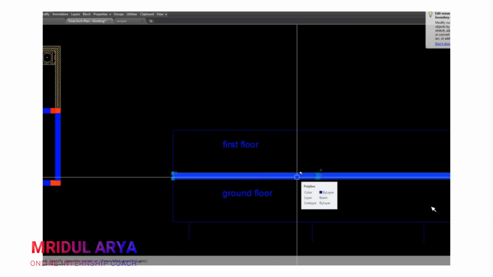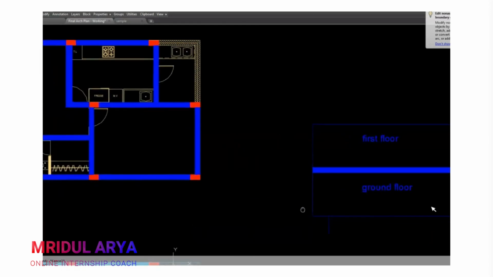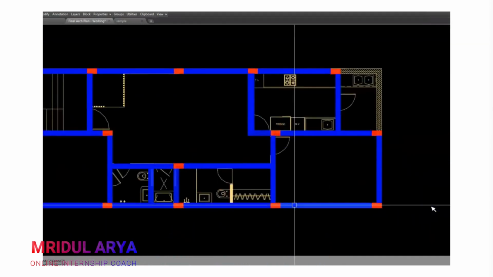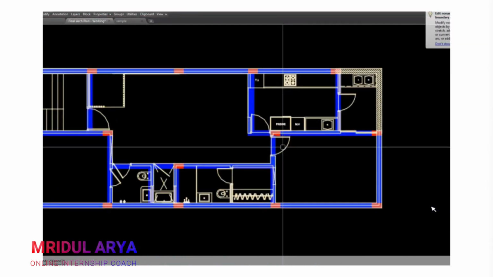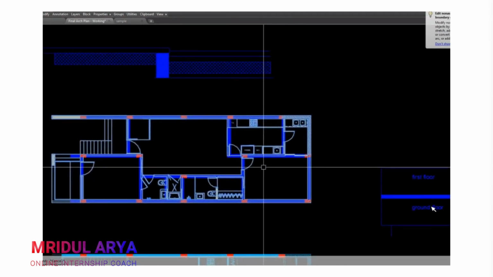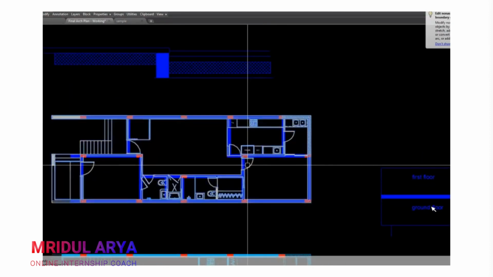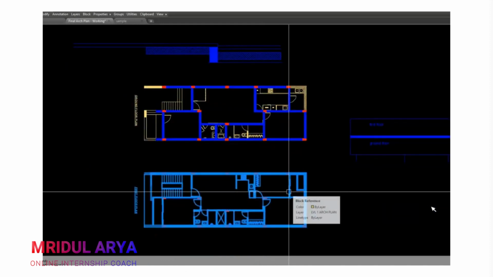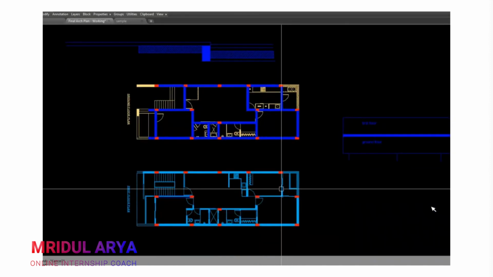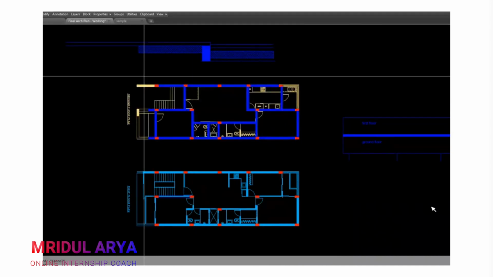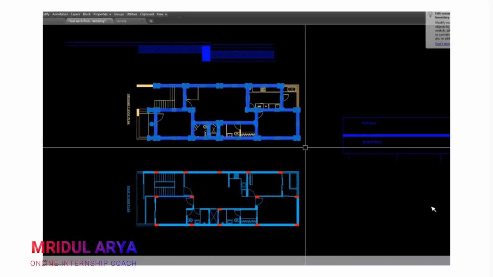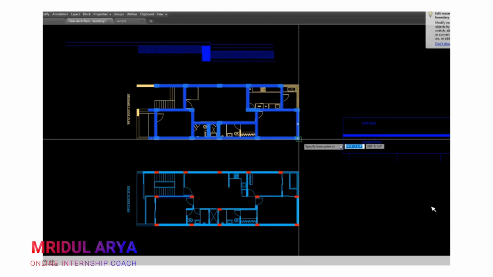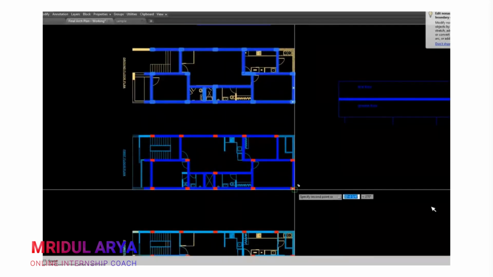This structural floor we need to design for the ground floor so that our beams can be hidden inside the ground floor wall, plus these beams and the structural slab can take load from my first floor. Now I will also check whether it is working well or not. It's working really fine.